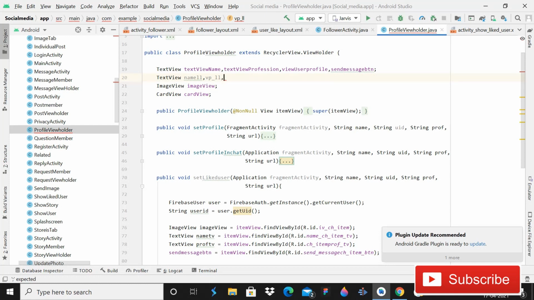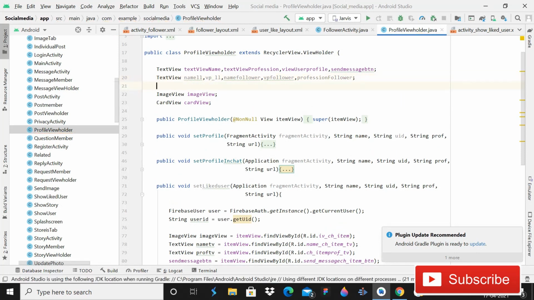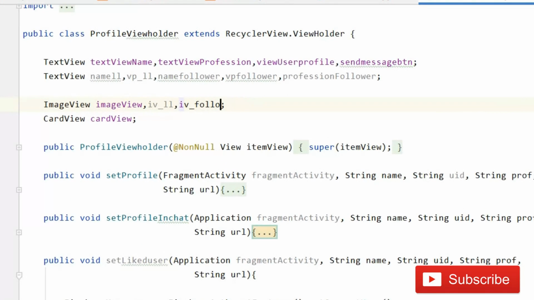Then after this, name follower, and then vp follower, and then profession follower. After doing this you have to declare the variable for iv. So iv underscore ll liked user, then iv underscore follower.